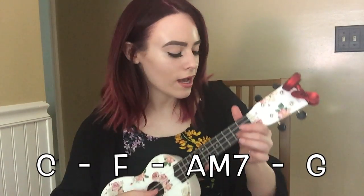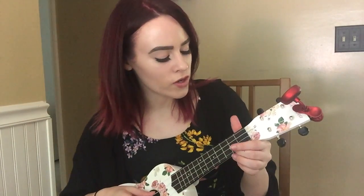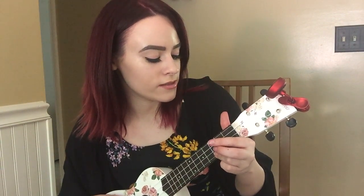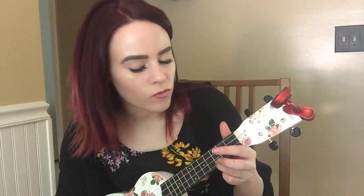The verses are going to be the same chords, except you're not going to do this part. And you can do that. This is more of an intermediate step if you want to do this while you're singing. If you just want to do the easier one, then all you're going to do is, instead of playing half an F, play a full F, and then an A, and then a G. So the verses will be, from